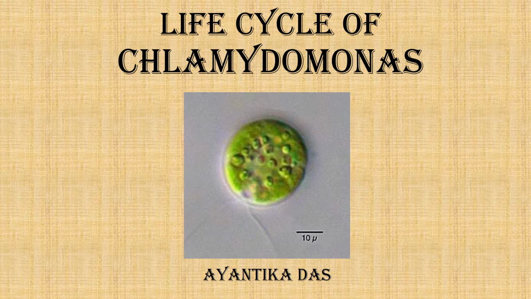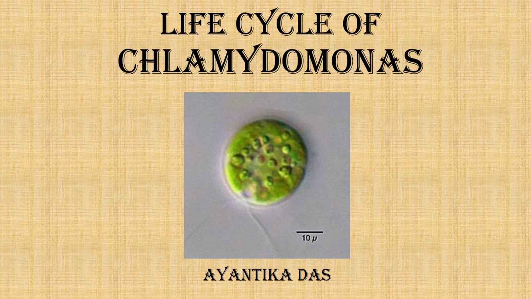Now, Chlamydomonas, we all know, is a chlorophyte, that is a green algae, and this unicellular motile algae is pear-shaped with two anteriorly placed flagella. Due to this flagellation, they are able to move. They are generally unicellular, though colony-like palmella stages are also found, which are predominantly perennating structures.